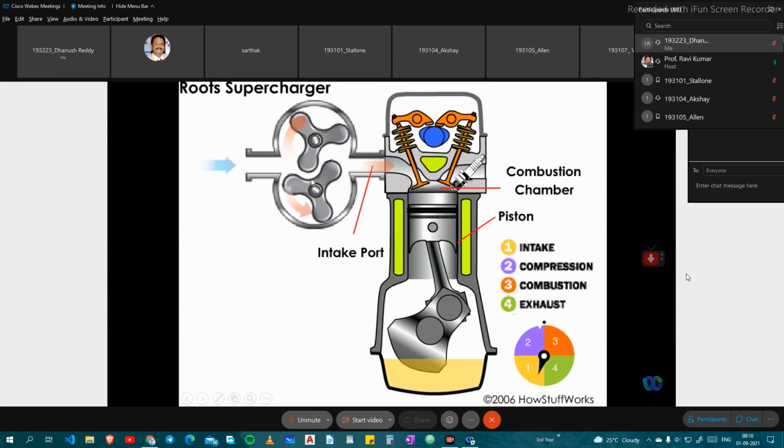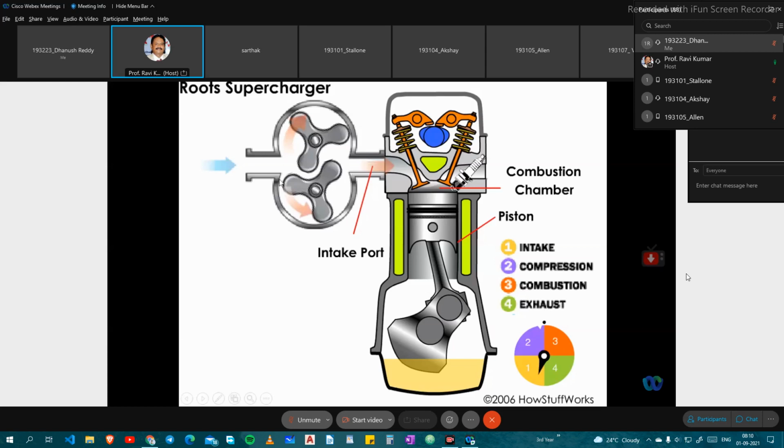You know the function of the Roots blower and vane blower: it blows air, more like a cooler. A cooler takes the air from the surroundings and blows it inside the house. Some coolers have a fan, some have blowers. The Roots blower has two rotors with a small space between them, and whatever air enters is compressed and blown toward the inlet valve.